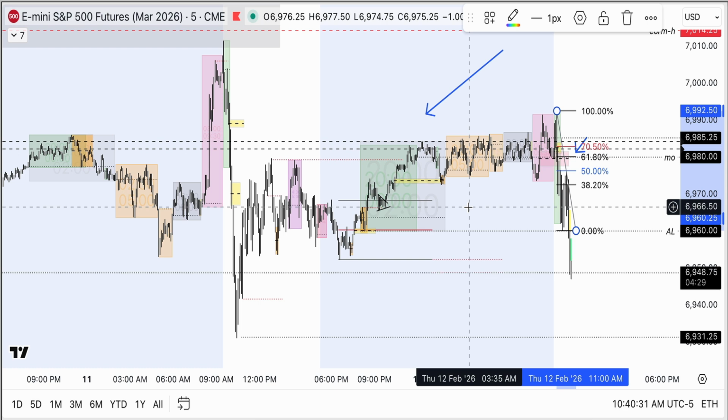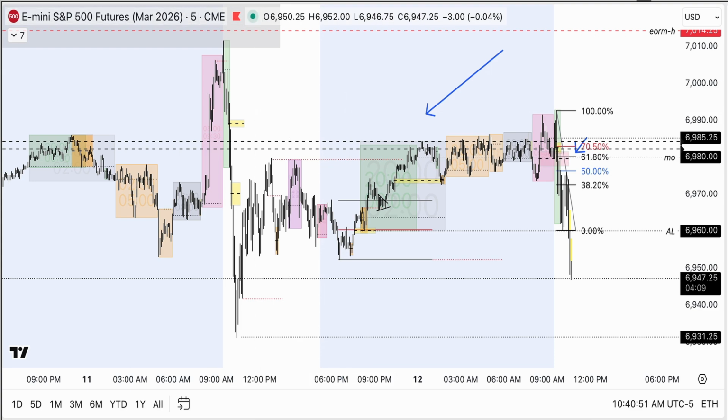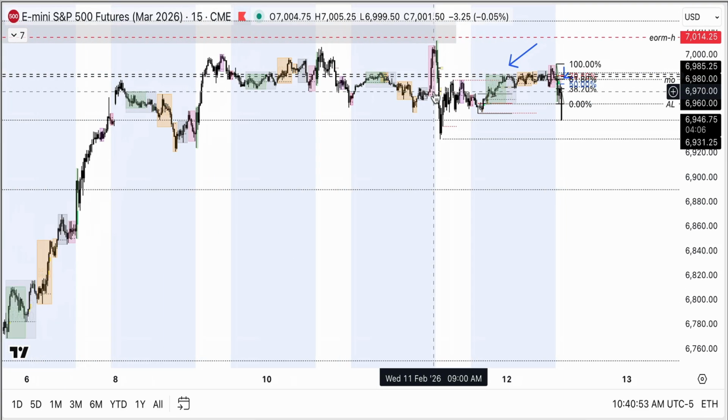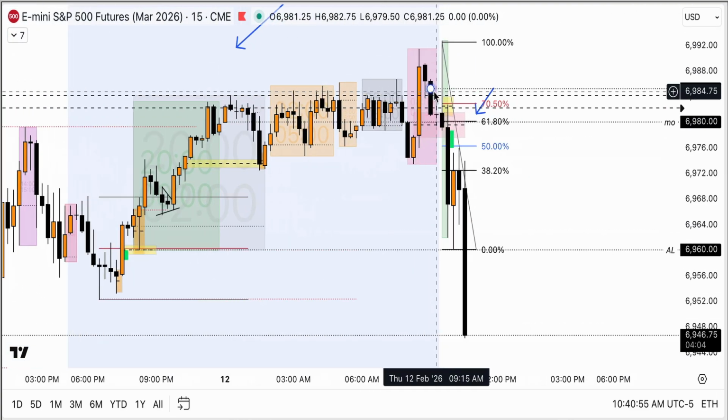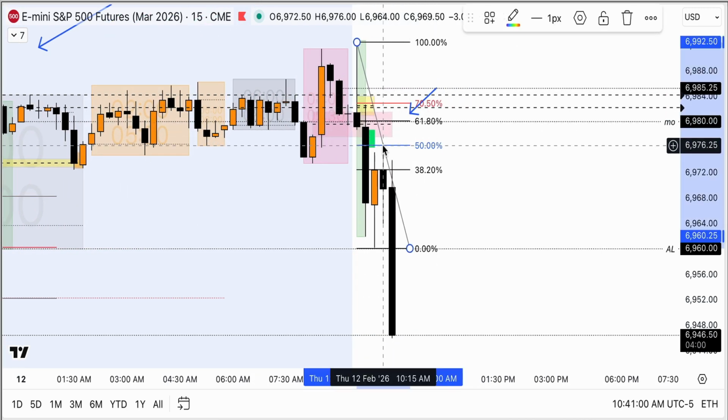That's the model. The rest is just my experience, right? Your experience deciding when to take the entry inside the fair value gap. This is after you've seen support and then you've seen a rejection. We did not have that on the 5 minutes. We did have it on the 15 minutes. So just a quick one, we'll go to 15 minutes, watching the 15 minutes. So on the 15 minutes, I was watching